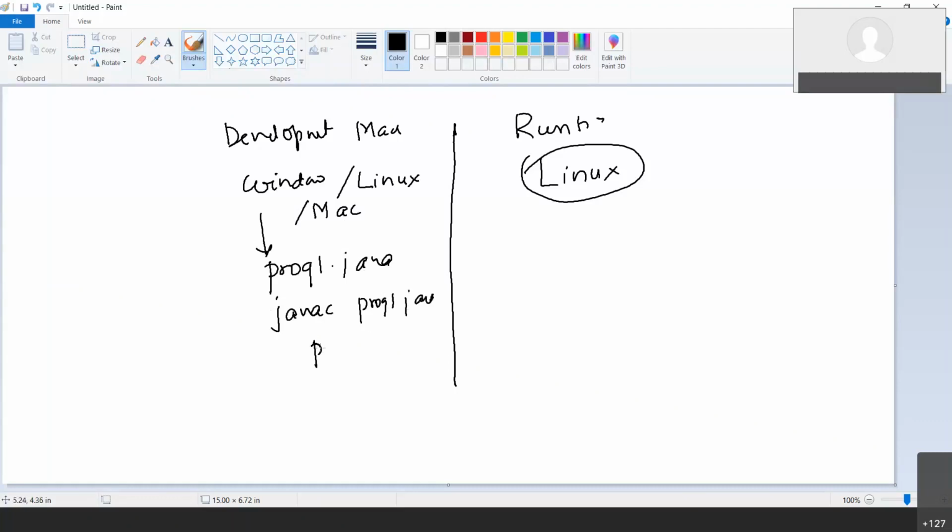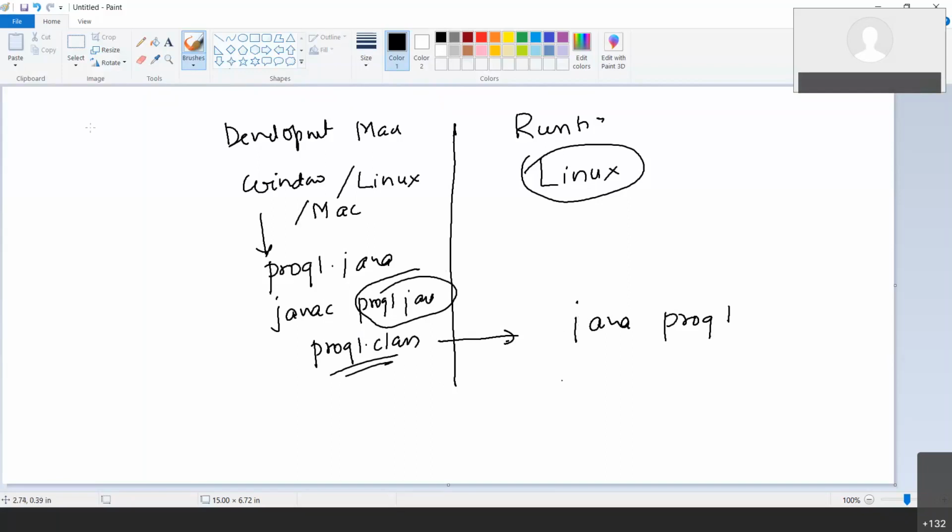You will be creating a program1.class file. Now, if you want to execute on some other friend's system which has Linux, then what you have to do is simply take this particular file to that system and say java program1. No need to take the program. Just take this class file and execute it. Clear? So how is this concept achieved?